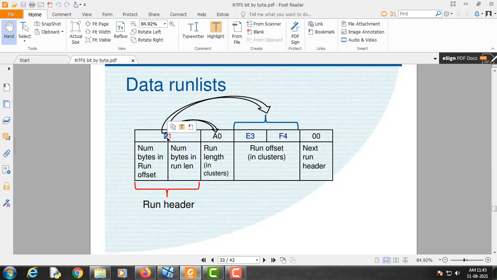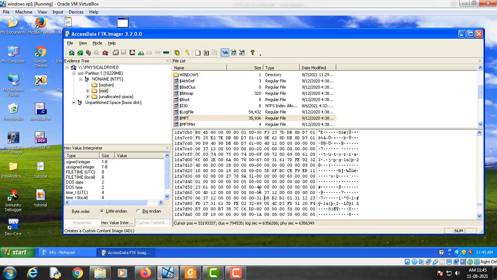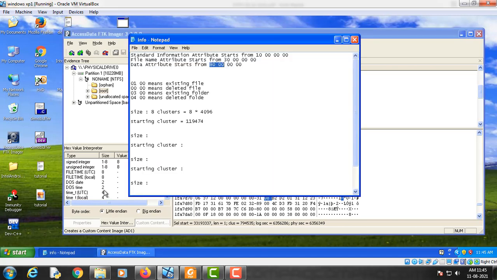So if we go here, then this 1 here means that this portion of the file is occupying 8 clusters. So we will write here 8 clusters. Let me delete this.